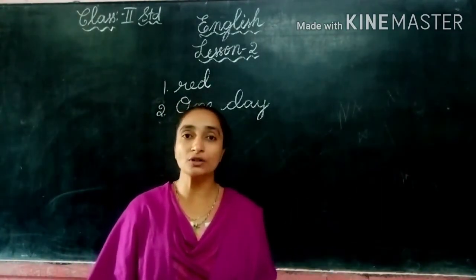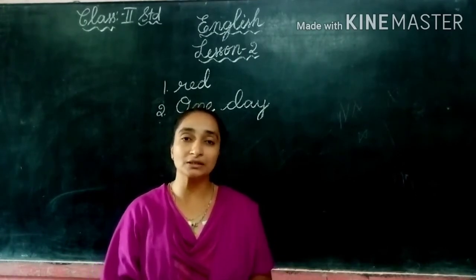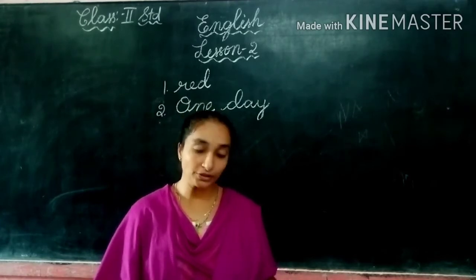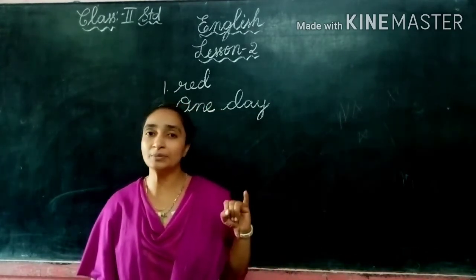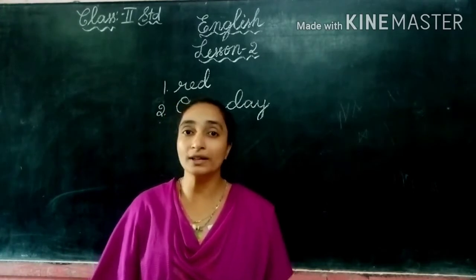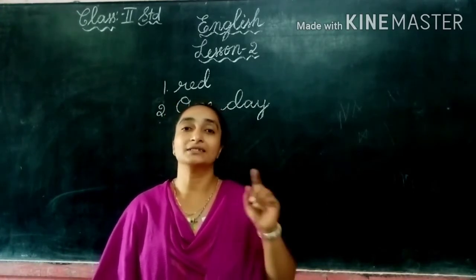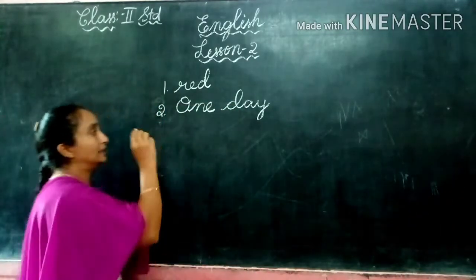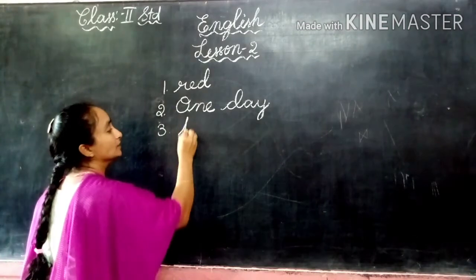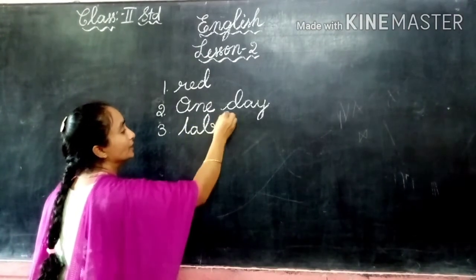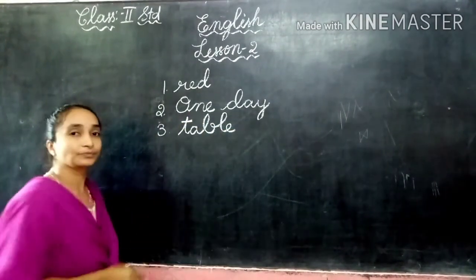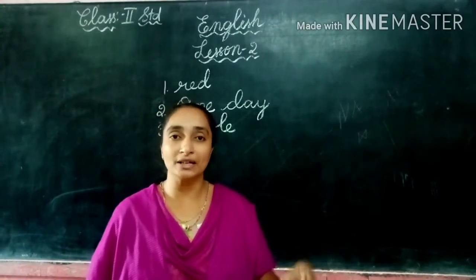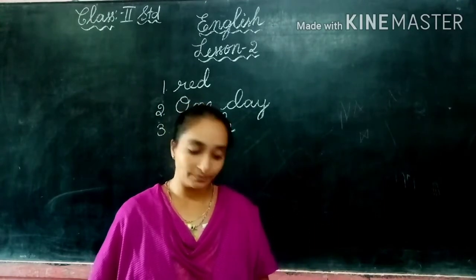She had left it on the blank. So where did she keep the ribbon? Where had she left the ribbon? Here the two answer options are table or bed, children. So what is the correct one? Yes, table. She left it on the table, not on the bed. So let us write the answer: T-A-B-L-E, table. Sarah had left her ribbon on the table.